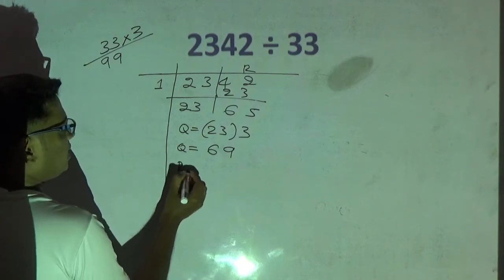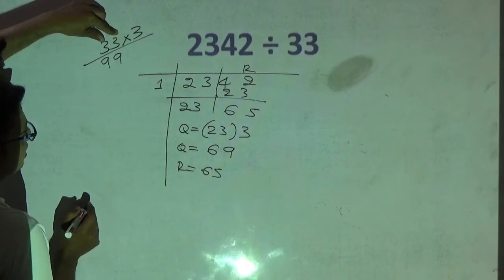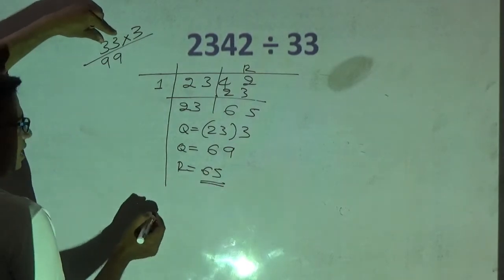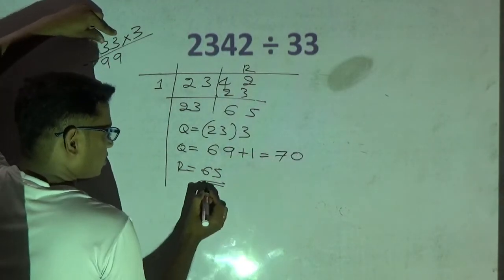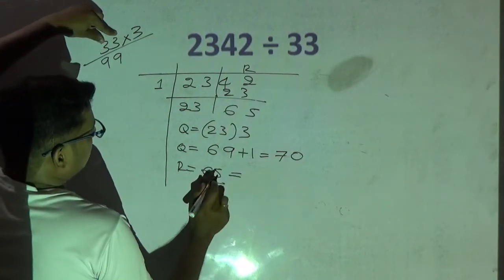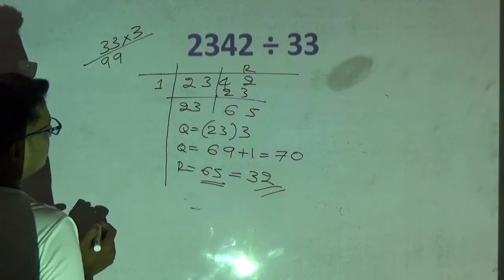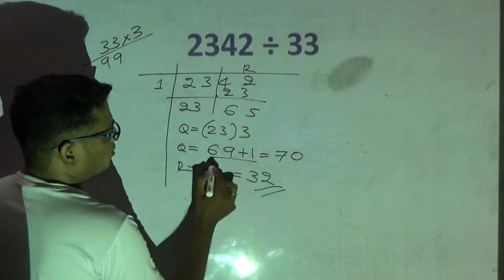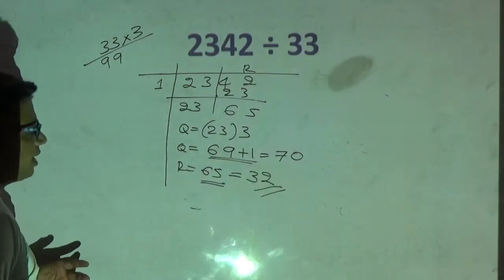Okay. The remainder I am getting is 65. From which number am I dividing now? 33, right? How many times will it go? One time. 65, I can further divide by 33, right? Therefore, how many times? One time. Plus 1. This will become 70. So if I divide this by 33, what is the remainder then? 5 minus 3 is 2. 3, that is the remainder. So if you divide 65 by 33, okay, one time it will go. So I will add to the quotient and the remainder is 32. The answer for this question is, quotient is 70, remainder is 32.